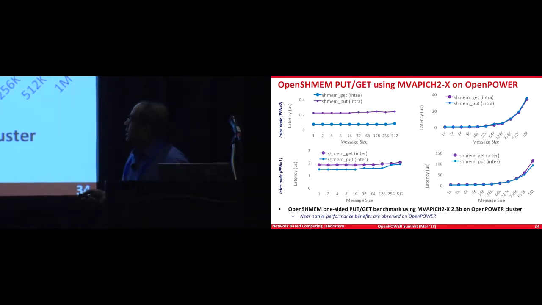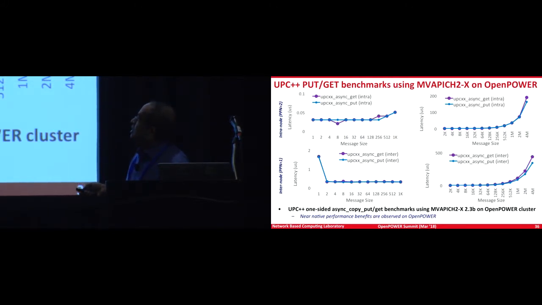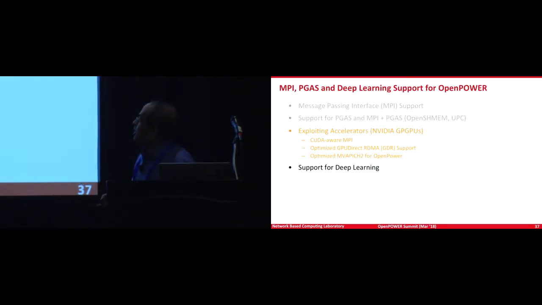So these are the very latest numbers. This is from the public version of the release. These are the OpenSHMEM, which is another industry consortium where they are trying to provide the SHMEM standard. So you can see SHMEM get and put with very low latency. We can give you intra-node, like 0.01, 0.1 microsecond kind of thing. So almost bare metal performance for these OpenSHMEM, and here it is UPC put and get. We also support UPC++.